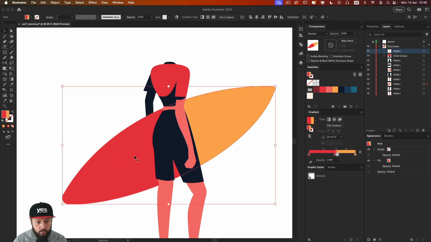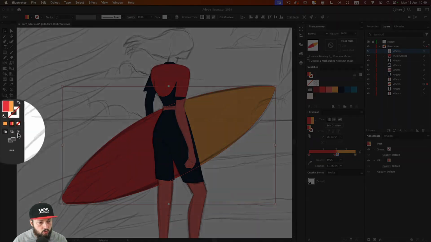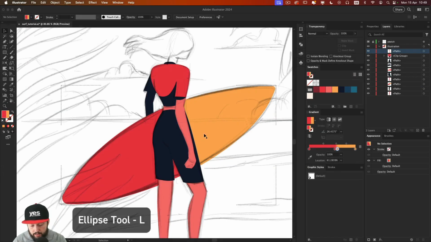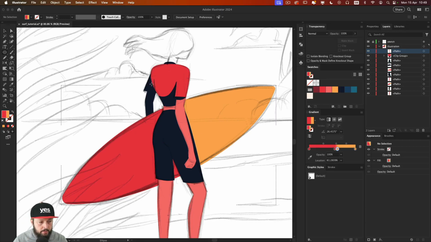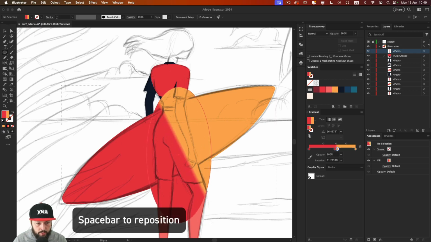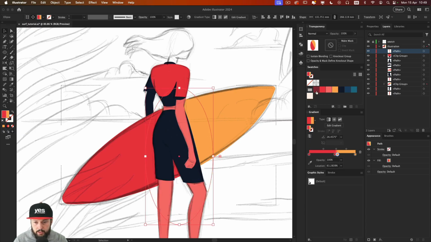Now what I would like to also do is to have this shape selected, and I actually wanted to have a shadow cast on this. So for this I'm going to draw inside. So this is turning into a clipping mask, and I'm just going to draw a big ellipse. So for this I can just draw this big ellipse here. Holding down the space bar, I can move it around. When I let the space bar go, I can adjust it, and I'm going to fill it in with this